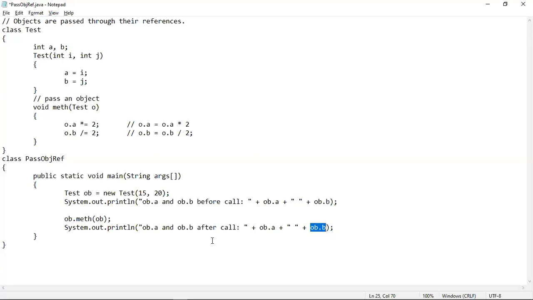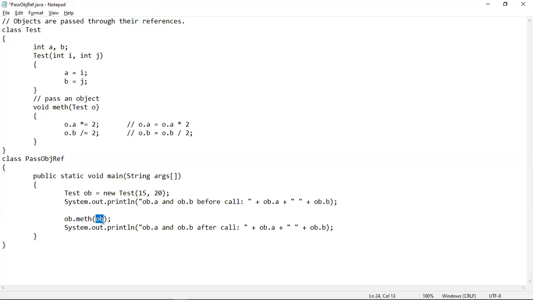Now here you can see that this is the actual parameter, because I have already discussed in the last program that actual parameters are those which are written inside the pair of parentheses while writing the method calling statement inside the main method. Main is the calling method and math is the called method. Whenever we are calling the math method from inside the main method, the value that we are passing is the actual parameter. So here ob is the actual parameter.